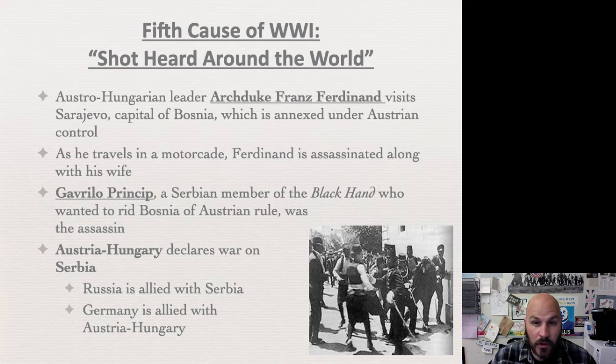Russia says, we're going to enact our secret treaty with you, Serbia. So the Austro-Hungarians have declared war against you. We declare war against the Austro-Hungarians. Germany sees that Russia gets in the war, so Germany declares war on Russia. And it just sets off a chain of events, right? The French are allied with the Russians. Now the French are declaring war against the Germans and the Austro-Hungarians, right? Italy declares war. So this is where it escalates into the World War that we will see as we proceed throughout the series of lessons that we're about to teach you guys.